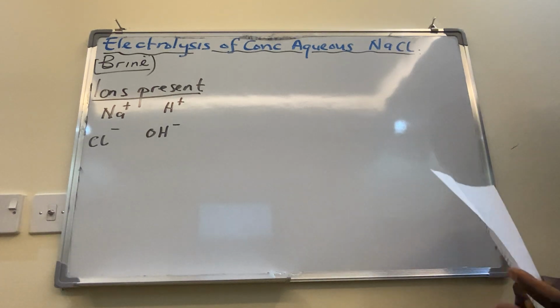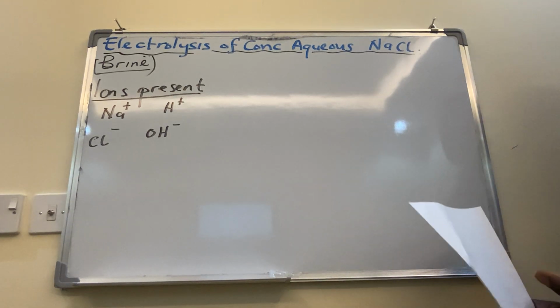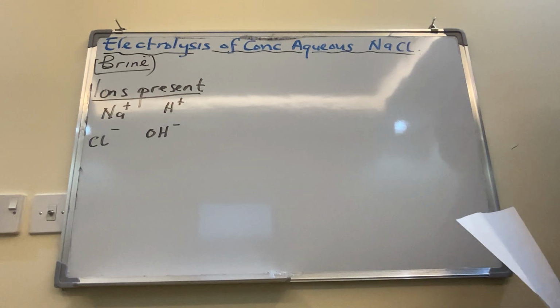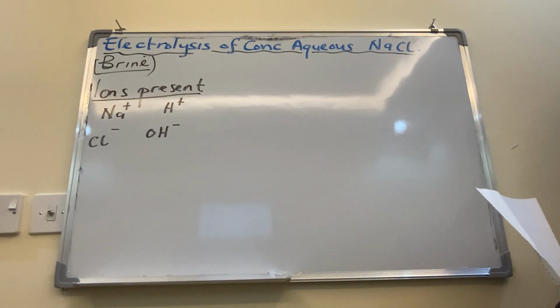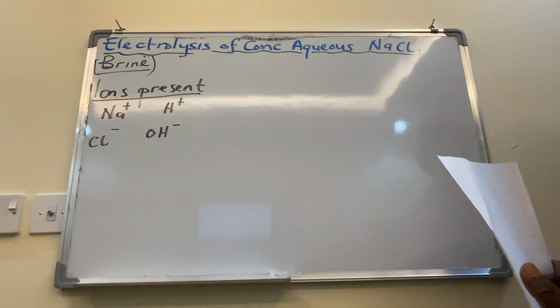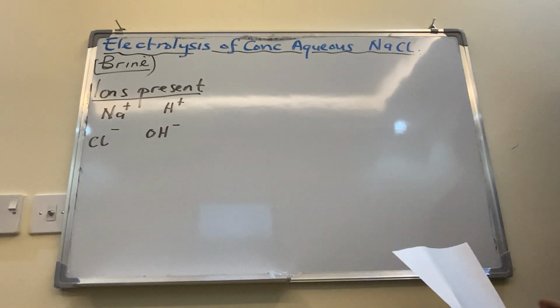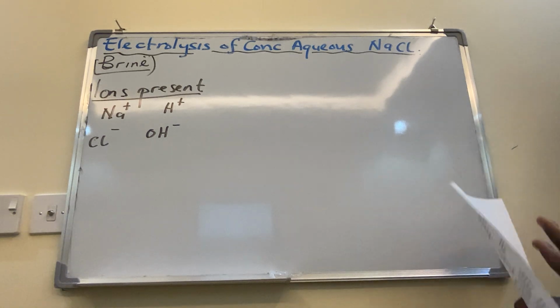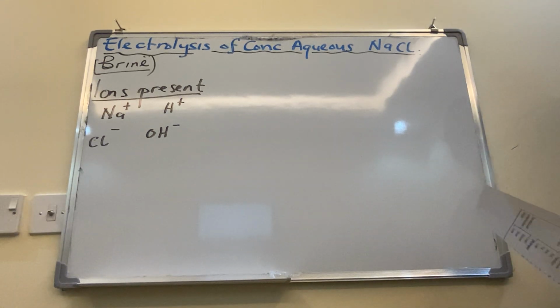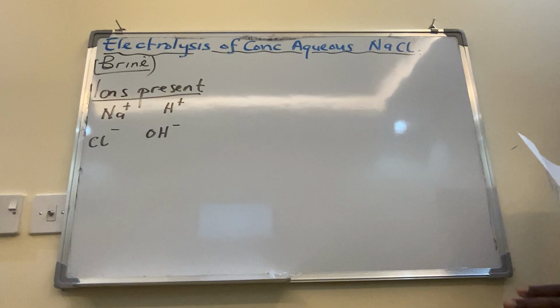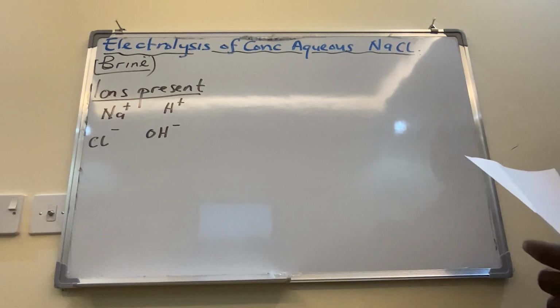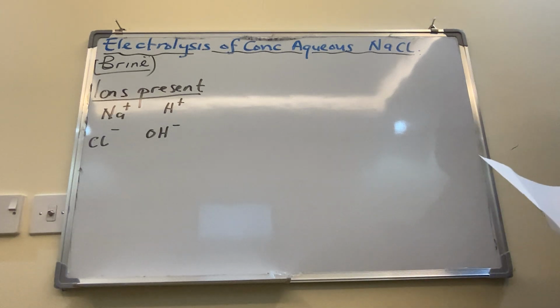As people studying electrolysis, it is our job to identify what gases are being evolved at each of these electrodes. Apparently, when this electrolysis takes place, at both the anode and the cathode, there is an evolution of gases. Electrolysis of concentrated aqueous sodium chloride is a bit more complex than electrolysis of